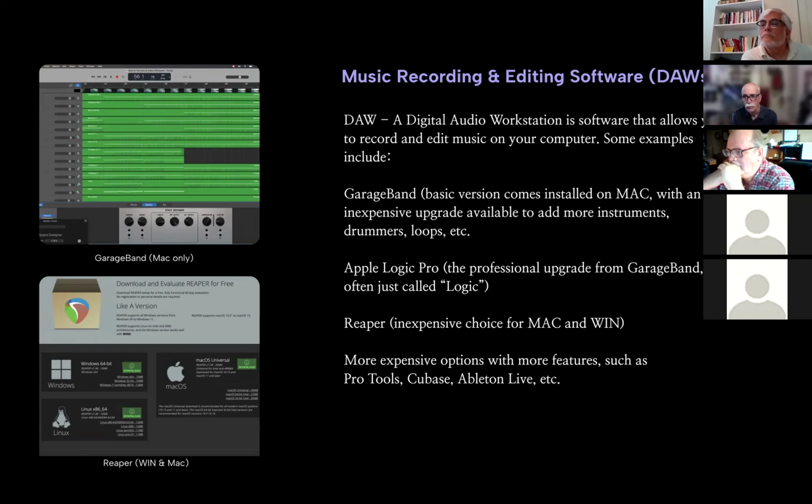It gives you the bare bones at first, and you can upgrade. It's a very inexpensive upgrade to add a lot more instruments and more capabilities. If you're working in the Windows world, there's a program called Reaper that's about $60 US, so roughly 100 Canadian, and it will do much the same thing. So if you're coming in and not wanting to spend thousands of dollars to experiment, these are good places to